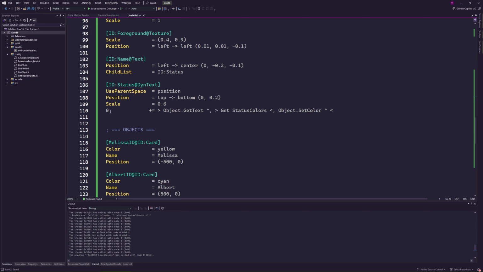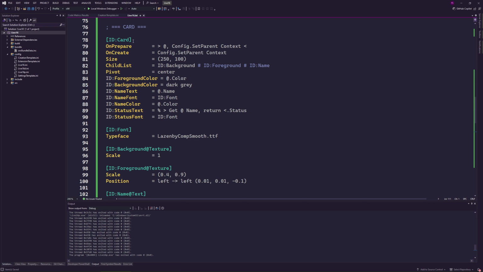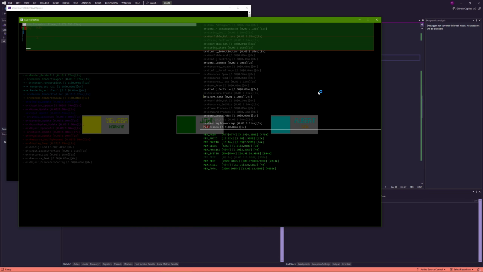And same here, we're going to enhance our updates and not our 0. And we just need to apply it the first time the card is created. So once the card has been created, we're just going to say object fire trigger on ourselves update recursively.